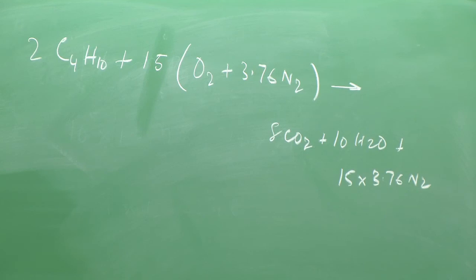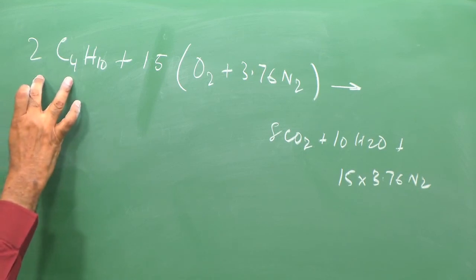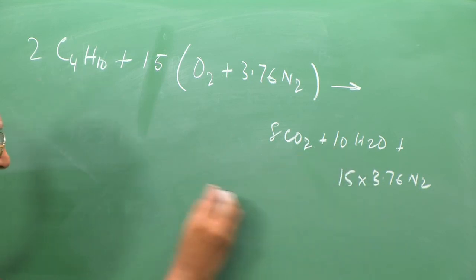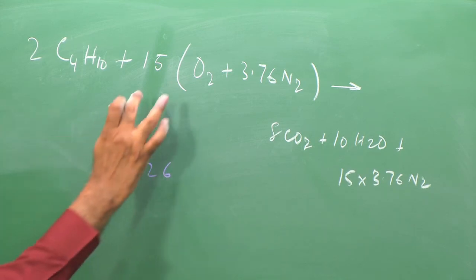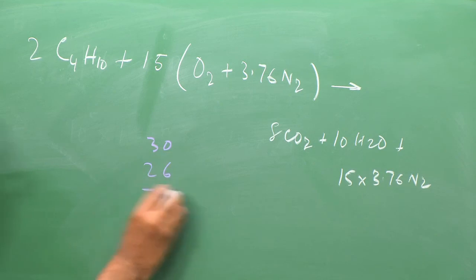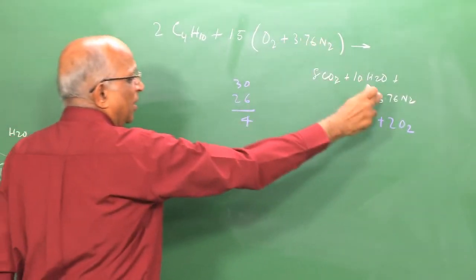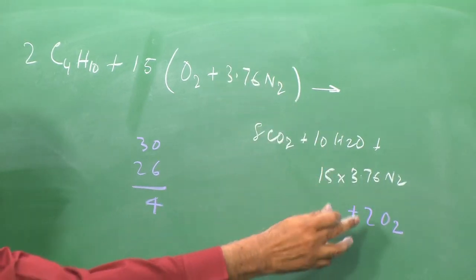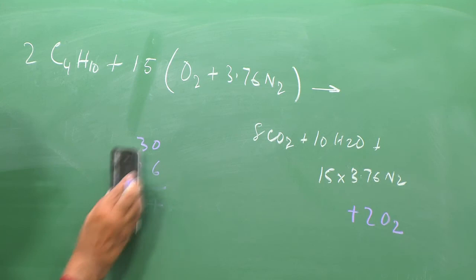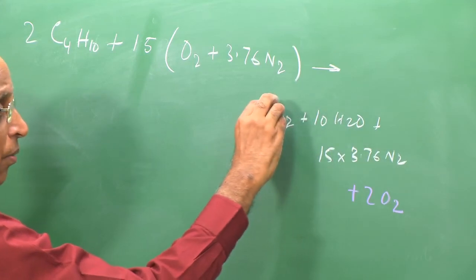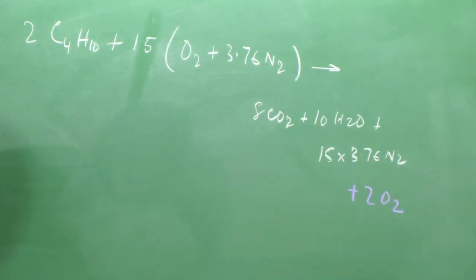Now, is there anything left? You balance the equation and find that the amount of oxygen consumed by carbon and hydrogen is 16 plus 10, 26, and the amount of oxygen I have is 30 over here. That means I am left with 4 of oxygen, and therefore in the products I will also have 2 O2. The nitrogen remains the same because it does not participate, it is inert. Therefore, I have in the products, in addition to CO2 and H2O, some oxygen also. Now, what is the energy liberated in this reaction?